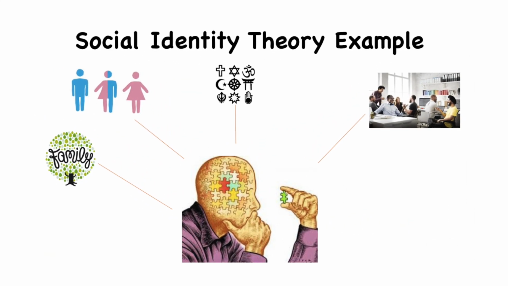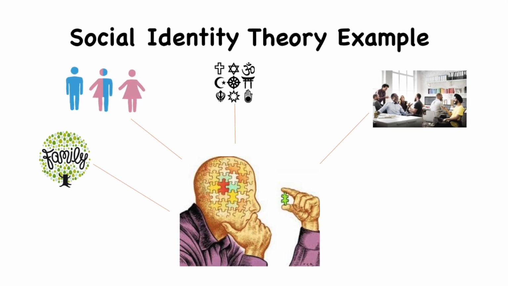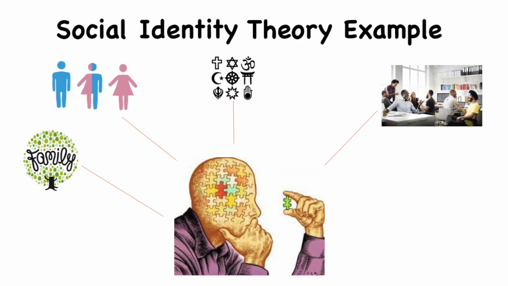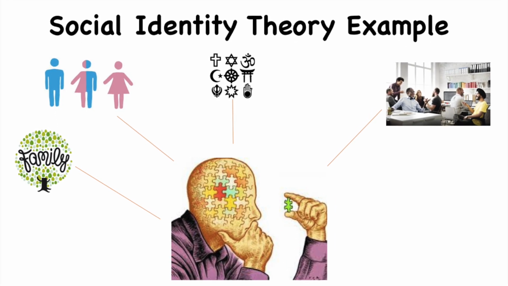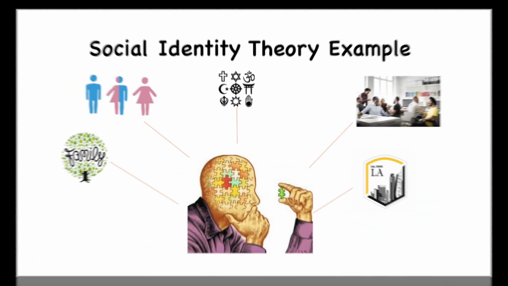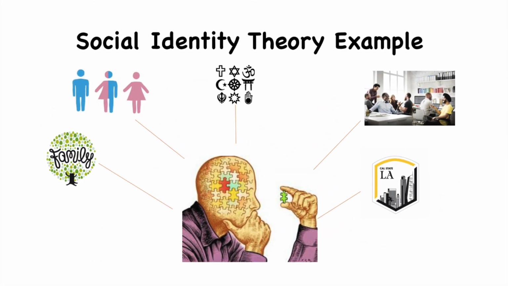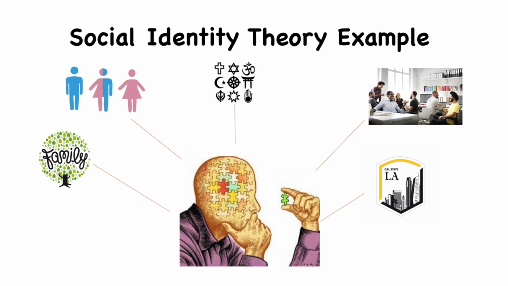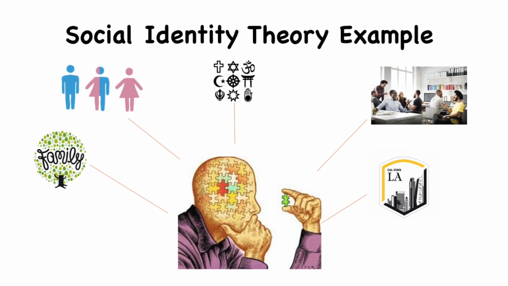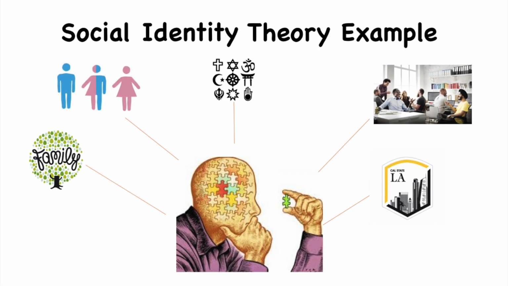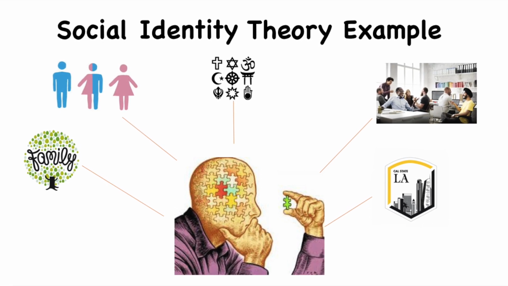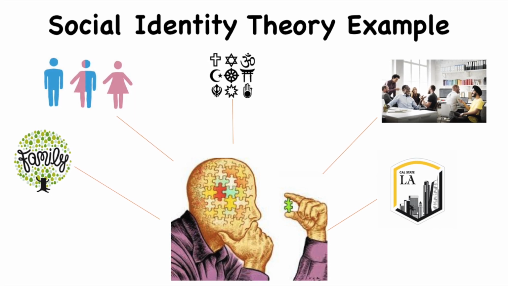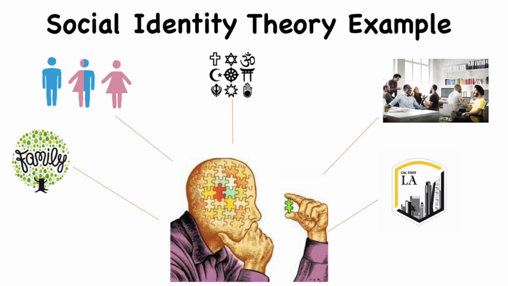A job can also be a factor that determines an individual's identity. People tend to spend a lot of their time in their workplace and hence become vastly influenced by the people they work with. You are also a part of a group at school. Being a part of an institution like Cal State LA is an example. Being a part of this group of individuals will instantly affect who you are as a person because of the exposure and interpersonal experiences with the diverse student population at this institution.